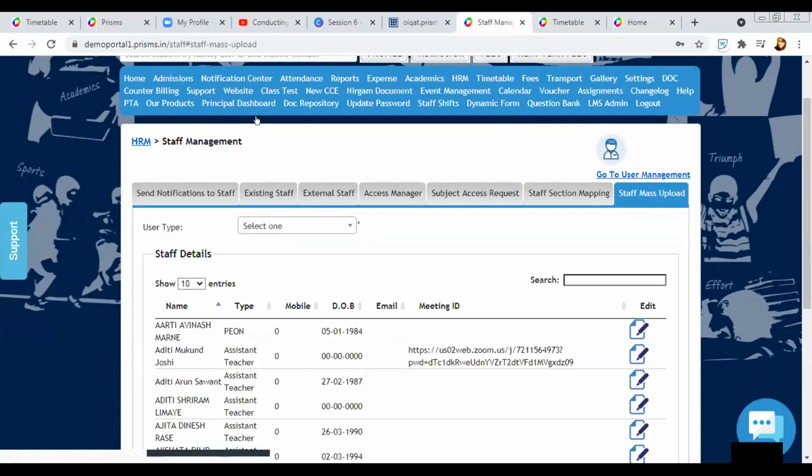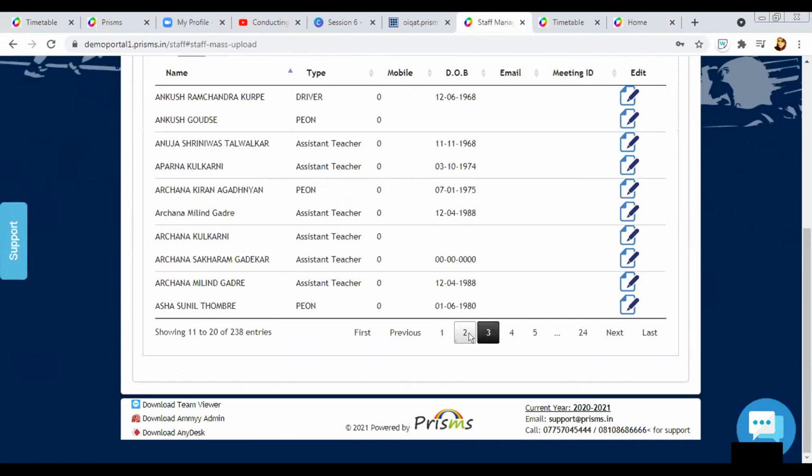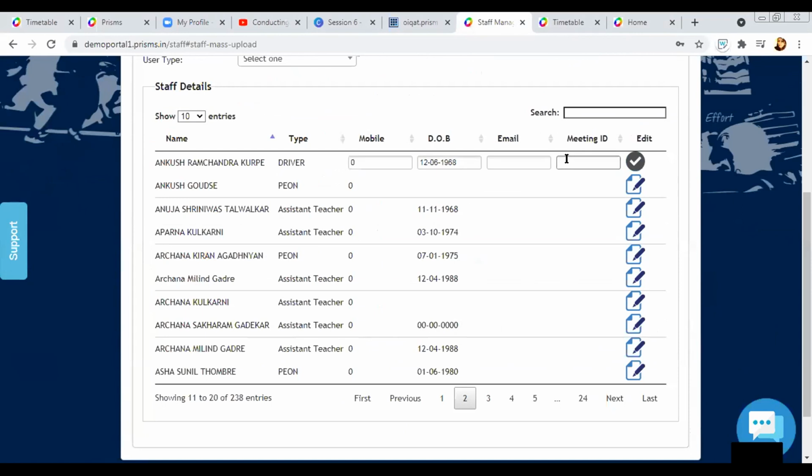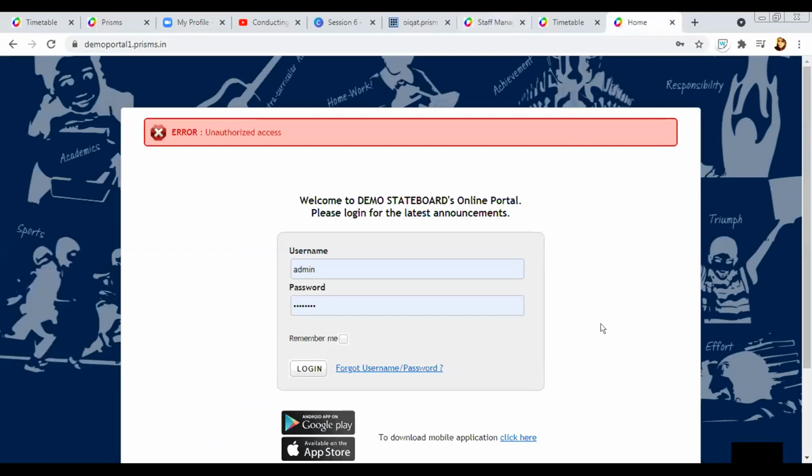You'll be able to see all the names of the teachers that you have in your school. I can simply click on the edit option and copy the meeting ID over here. Ask your teachers to send this particular meeting ID to you, and you can easily copy that.